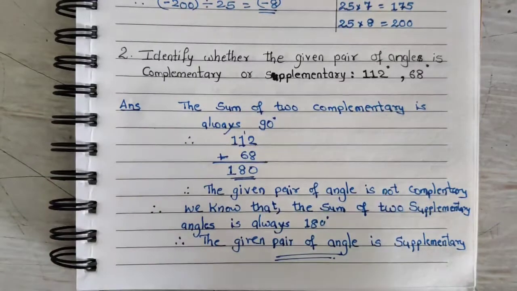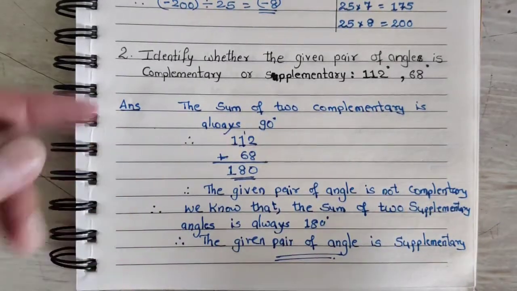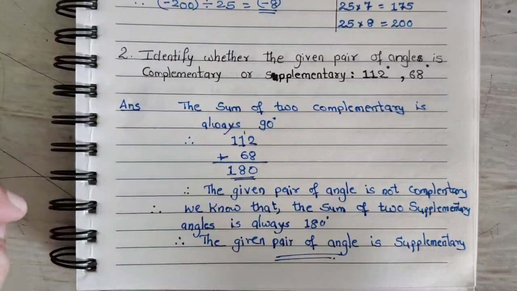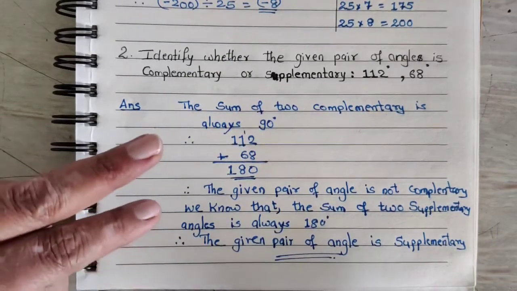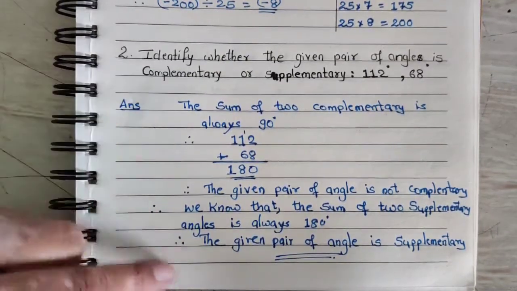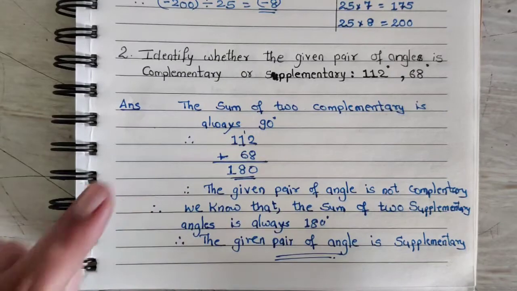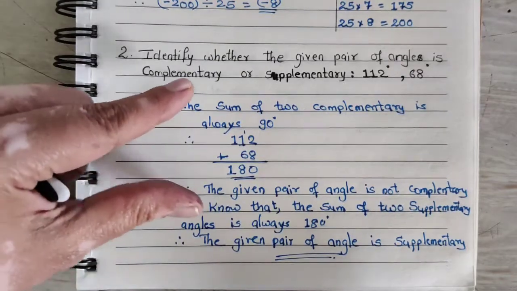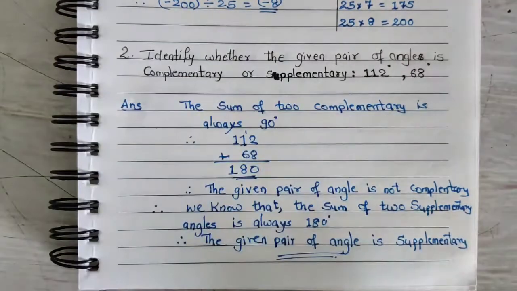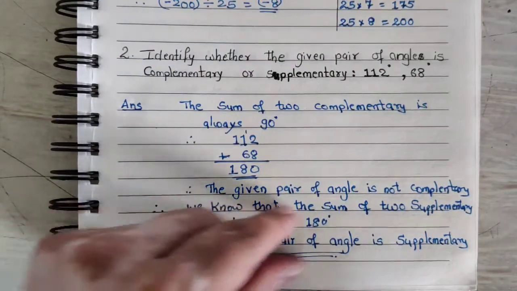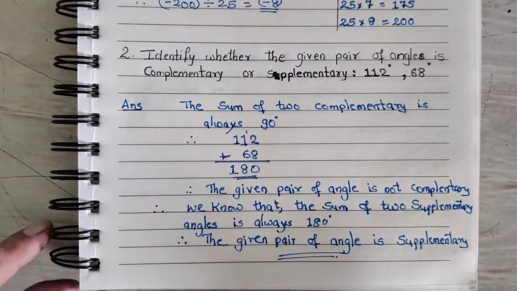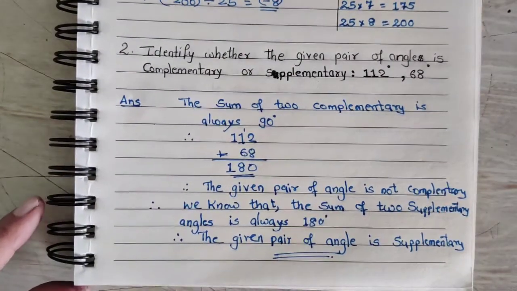Okay students, so this is how I have shown two methods here. Suppose the complementary pair is given to you, then how are you going to write? Okay, so two methods I have shown you. You can attempt any one. You may write for both or you may write for any one. If it is complementary, then write only this much. The given pair is complementary, and if it is supplementary, then write this much of statements. Okay students, now let us move ahead.